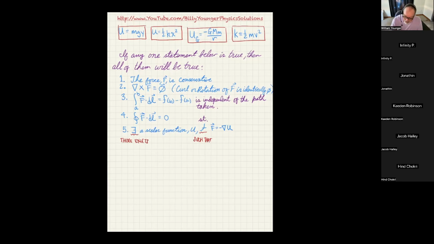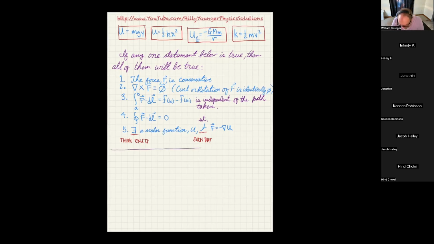And therefore, all of these things are true, including number 5, which says, hey, you can find a scalar potential U. And if you need the force, all you got to do is let that little gradient operator operate on it and then multiply it by -1, and out will pop the force vector. Okay. So now let me show you what the actual